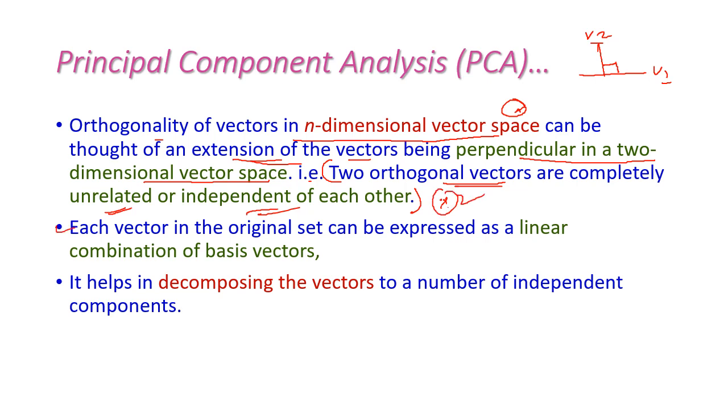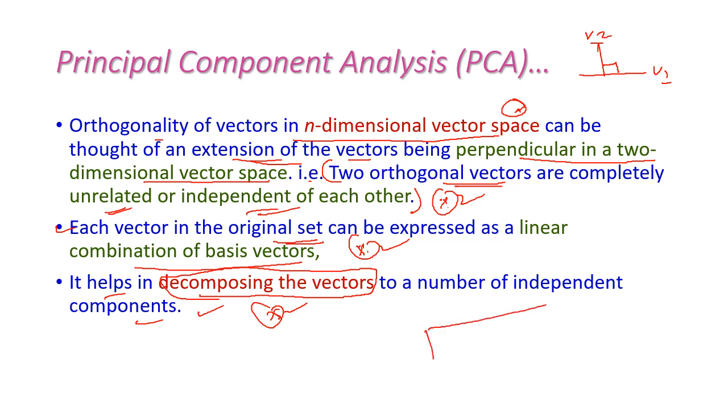Here, each vector in an orthogonal set can be expressed as a linear combination of basis vectors. So this helps in decomposing the vectors into a number of independent components. So how many independent components are there in the data set? By using PCA, we can easily identify the independent components in the data set. We can select only those independent components so that the complexity of the machine learning problem will be very much